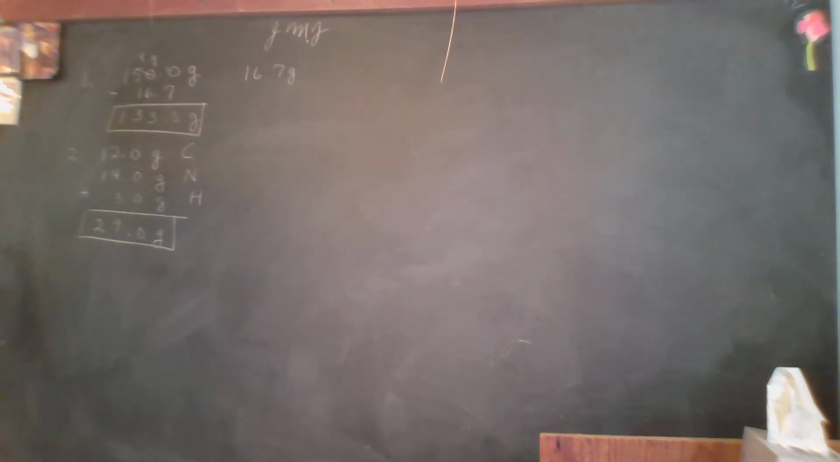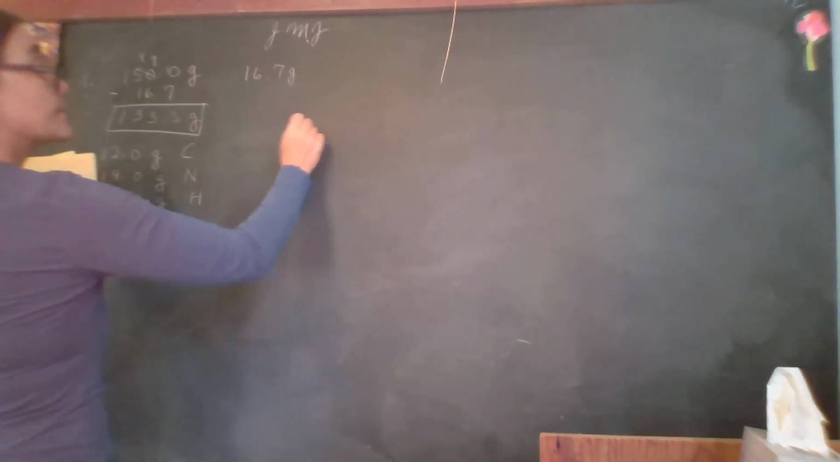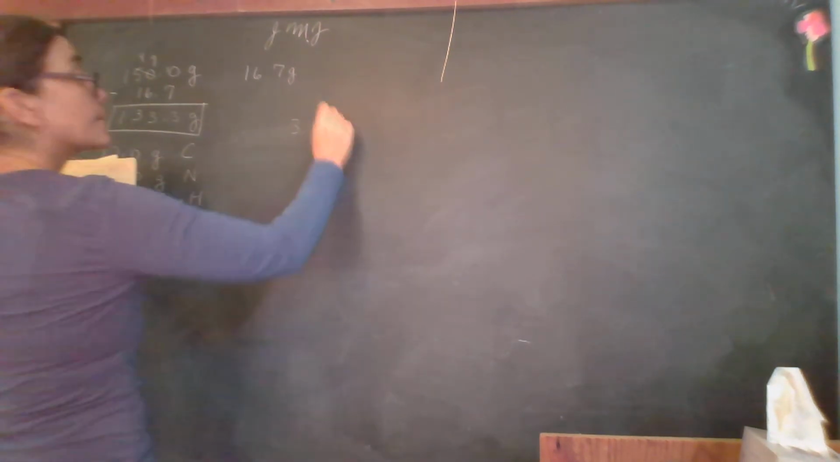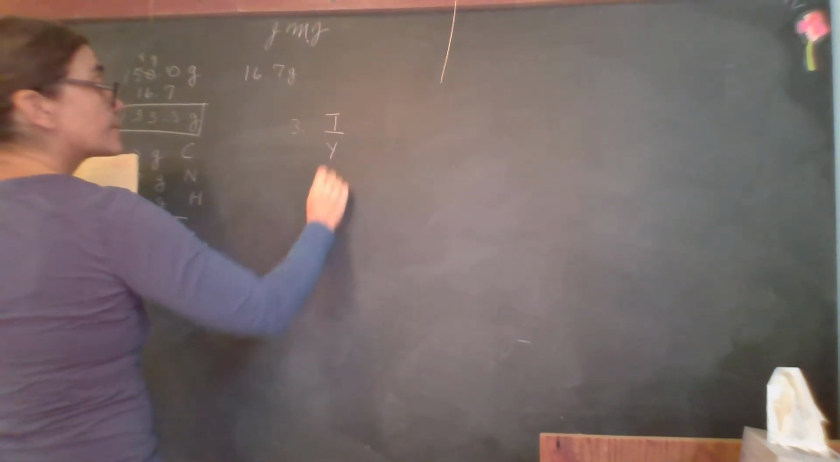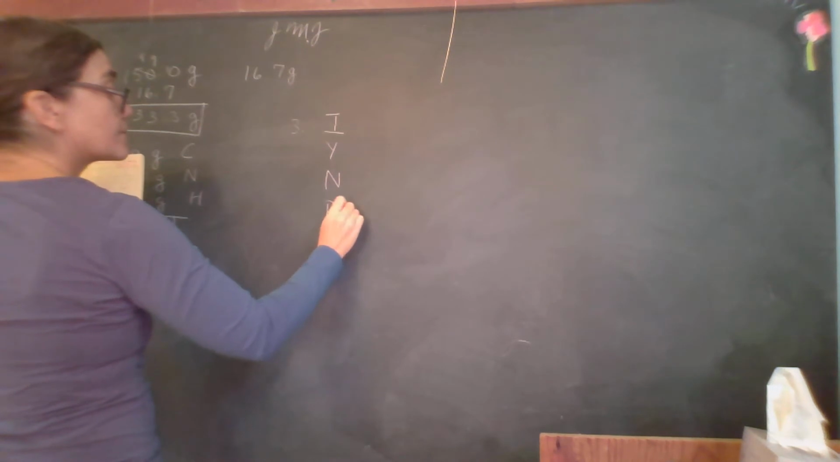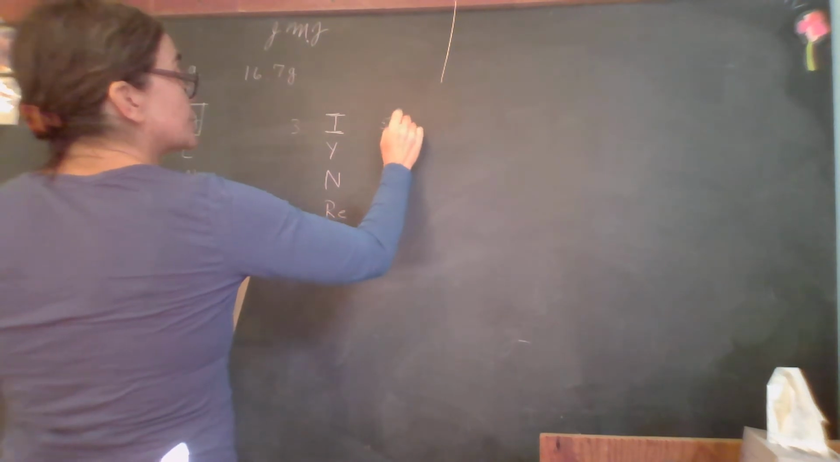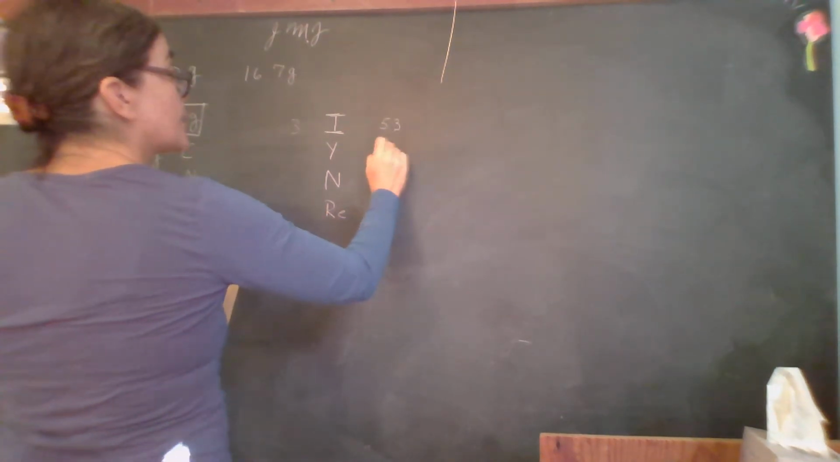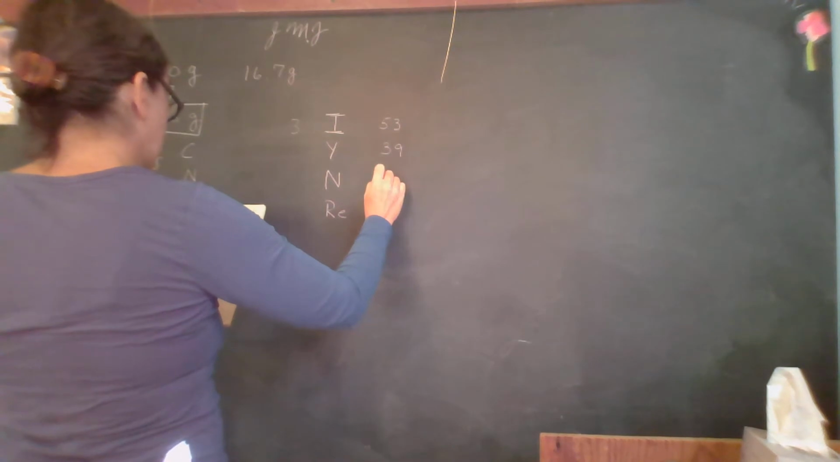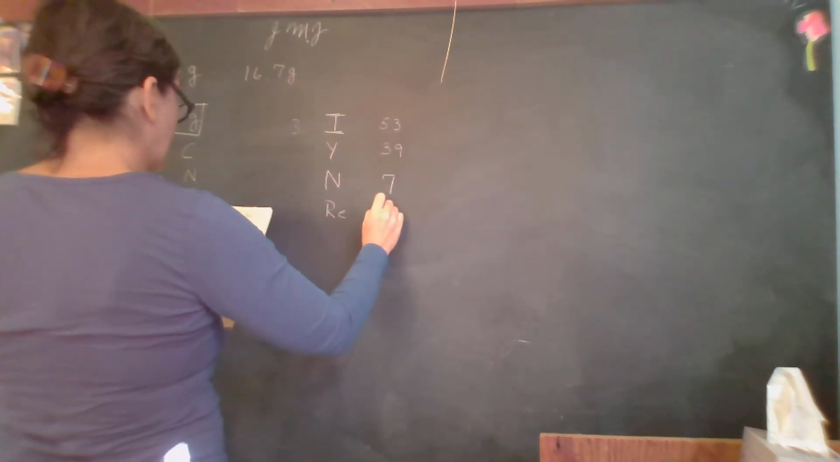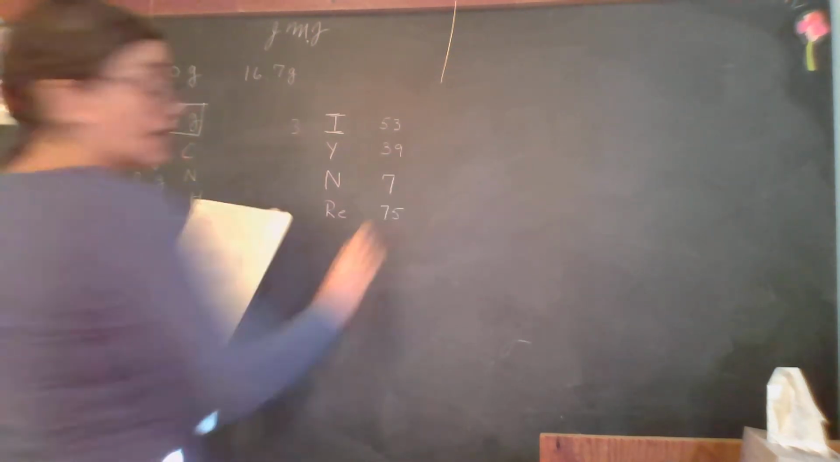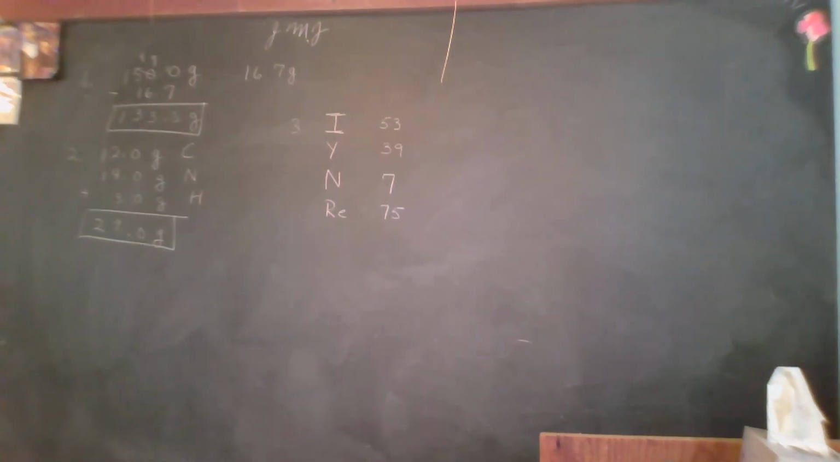Okay. 3. Identify the following as metal or nonmetal: I, Y, N, Re. Yeah, that's right. Okay, so looking at the textbook, we can look at these. I happens to be number 53. Y happens to be number 39. N happens to be number 7, and Re is 75. If you look at the front of the textbook, you find the list on the inside cover